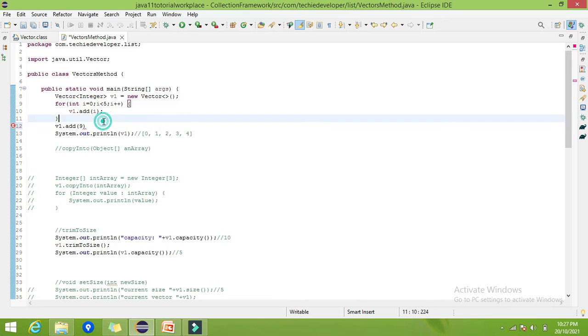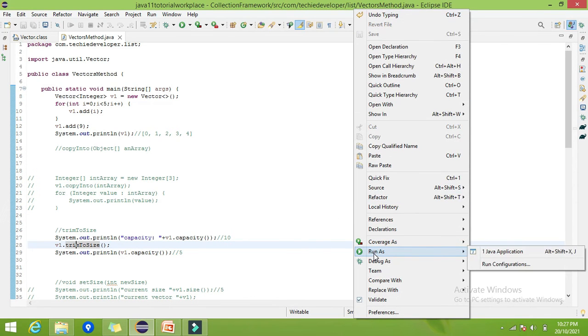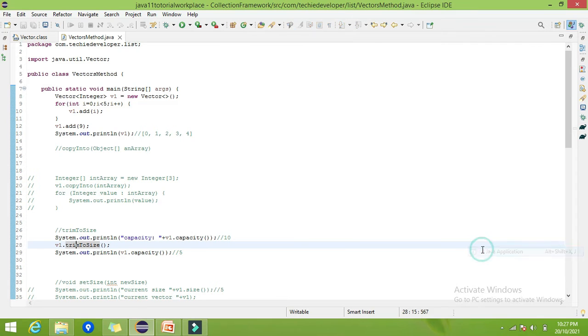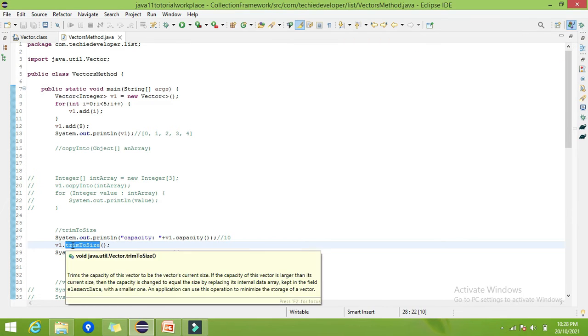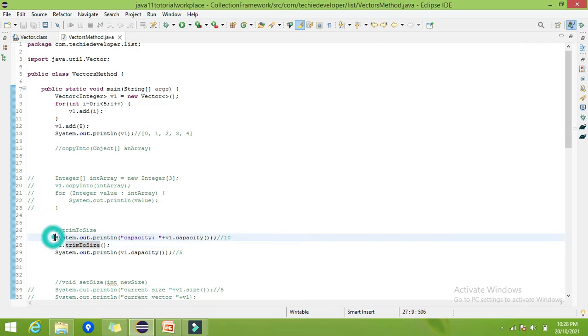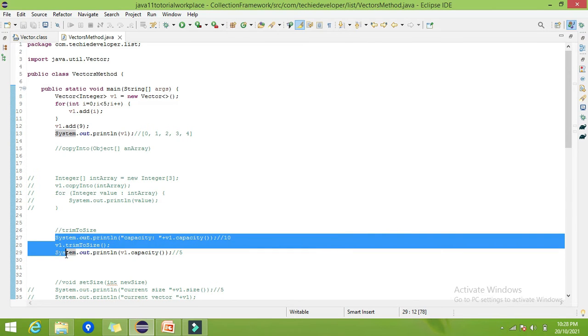Now how many elements do I have? It's 6 elements. So the new capacity after trimToSize will be 6. Whatever the size of the vector, that will be the new capacity after the trimToSize function. So that is how trimToSize works.